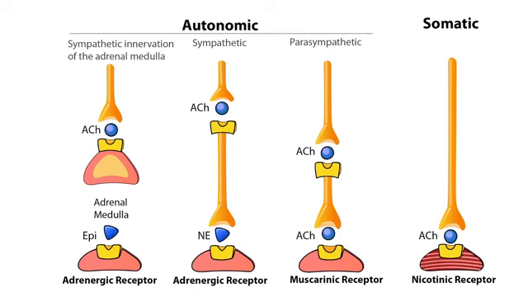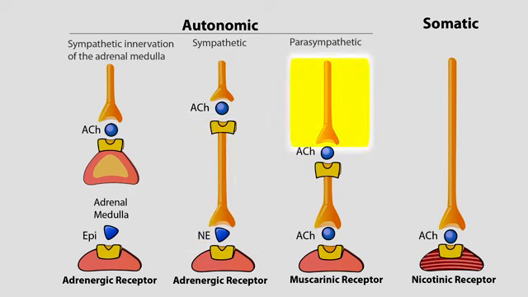Now, the autonomic nervous system sends out its messages to the organs by way of 2 different nerve fibers and a ganglion. The first nerve fiber is called the preganglionic nerve, and it transmits its message to the ganglion, and I think of the ganglion as kind of like a relay station. The message is then propagated to the second nerve fiber called the postganglionic nerve, and it ends at the